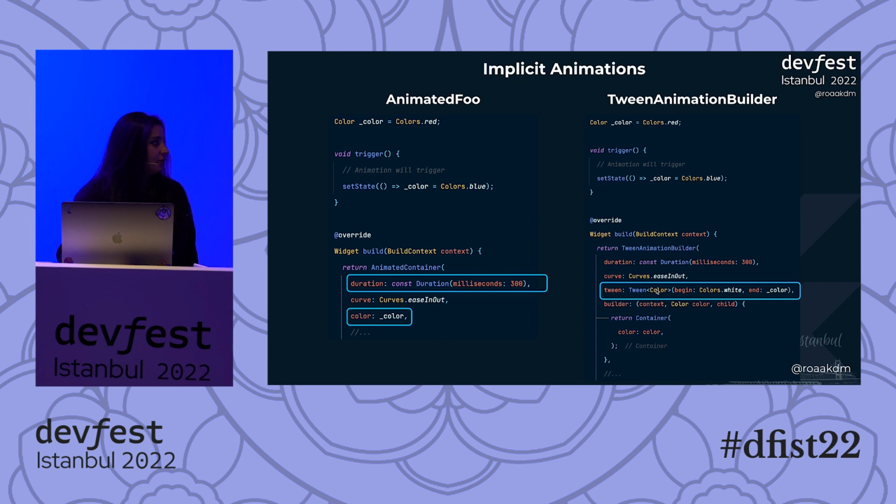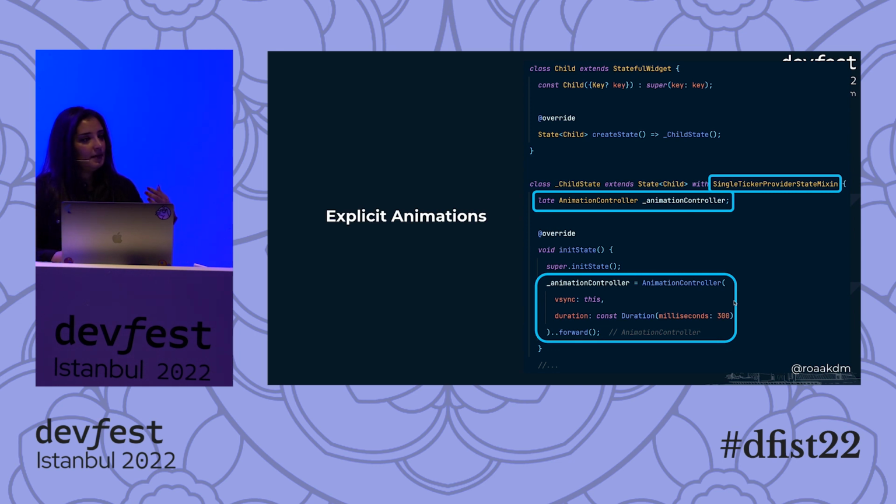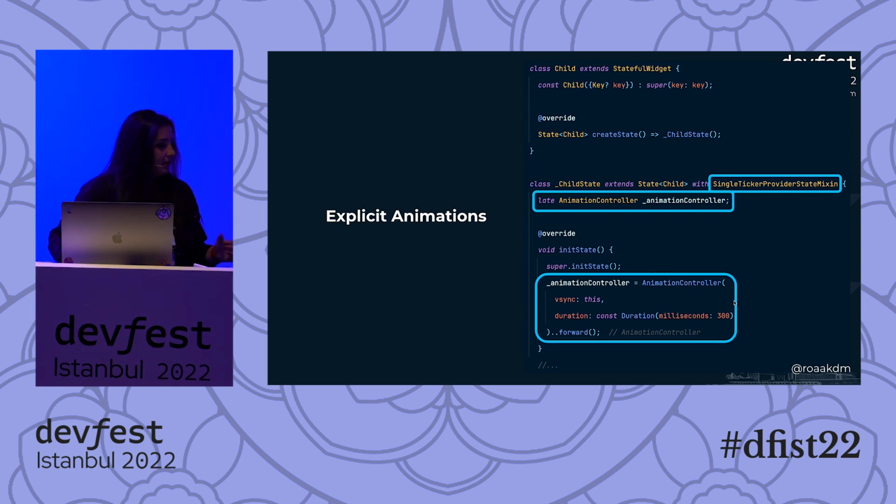And when you set state on one of those values, you will trigger an animation implicitly. By the way, implicit and explicit: implicit means it's a given. It doesn't need to know a lot of stuff. It doesn't need to be controlled. Explicit animations, however, need to be explicitly, like directly told what they should do. And they are told that using the